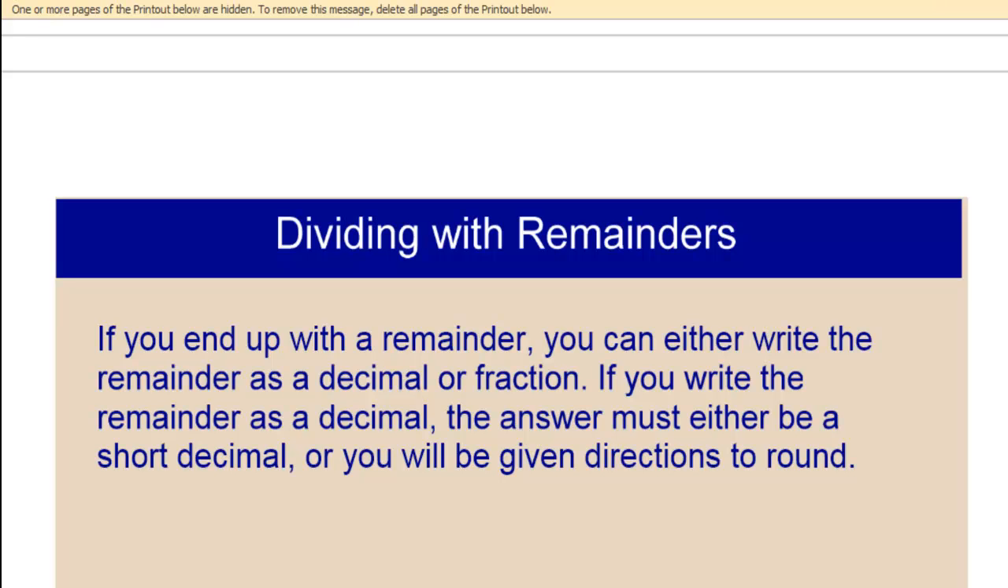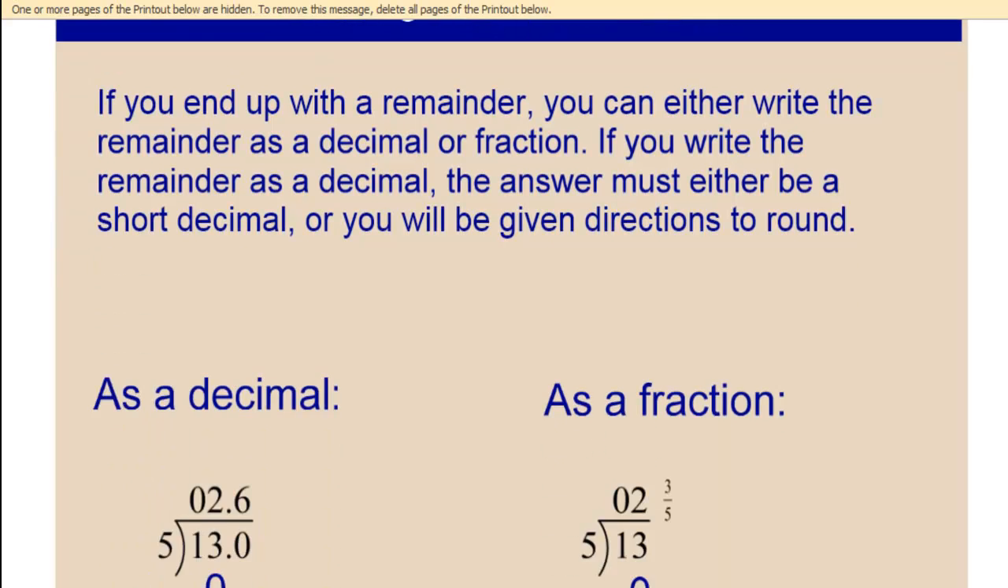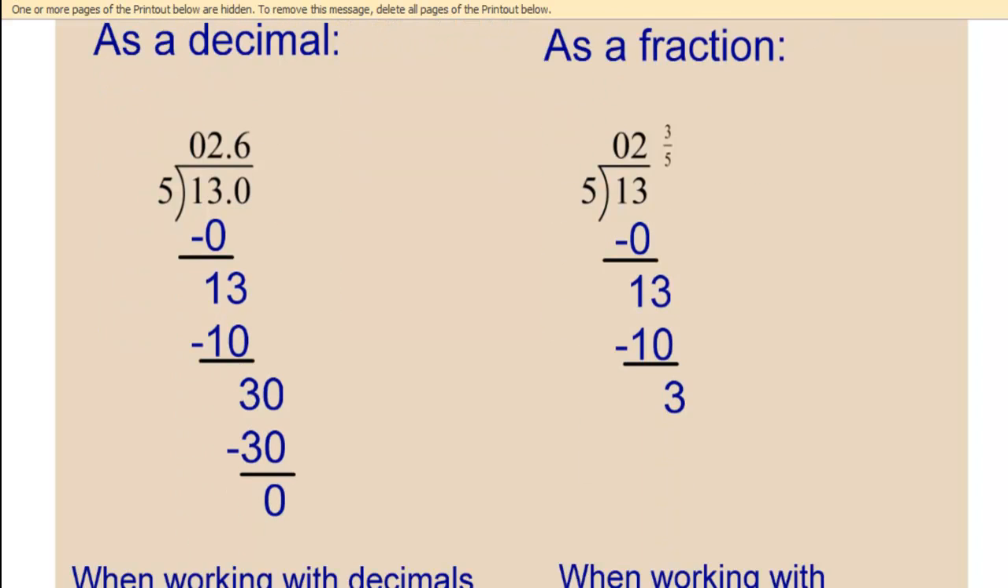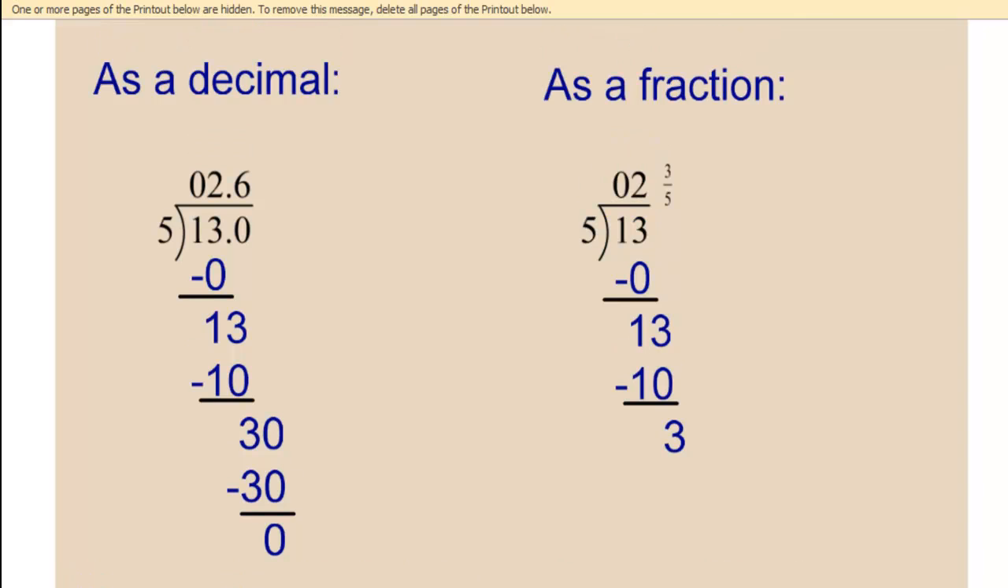When you're dividing, sometimes you're going to end up with a remainder, but we're not going to write R and then remainder. Instead, we're either going to write our answer as a fraction or a decimal. So let's see how to do that. Let's say I'm dividing 5 into 13. As a decimal, I would divide 5 into 13. 5 goes into